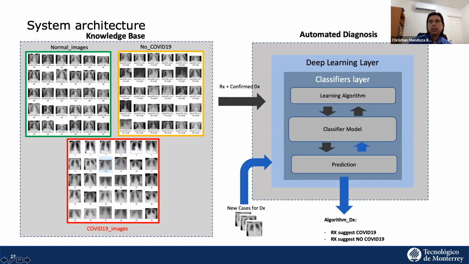Now, one thing to mention is that we have a lot of this because it's available freely on databases. We have a lot of this. Those are available too from different competitions and different databases that put this openly for the public and the research community. But we don't have many of these. So we have very little of the COVID-19 images. So this is one of the situations where we struggle a lot to obtain images for COVID-19. Nonetheless, we did obtain some, and we started using them to train the